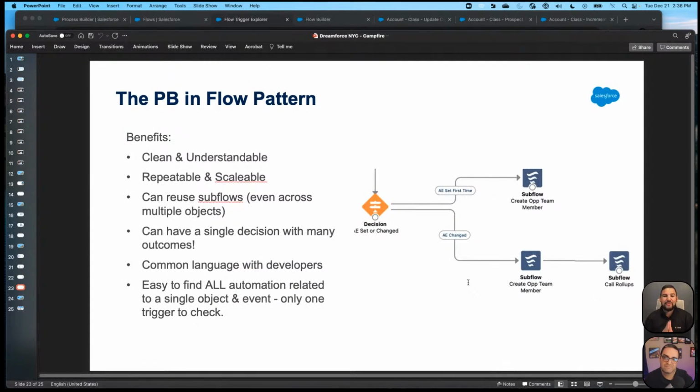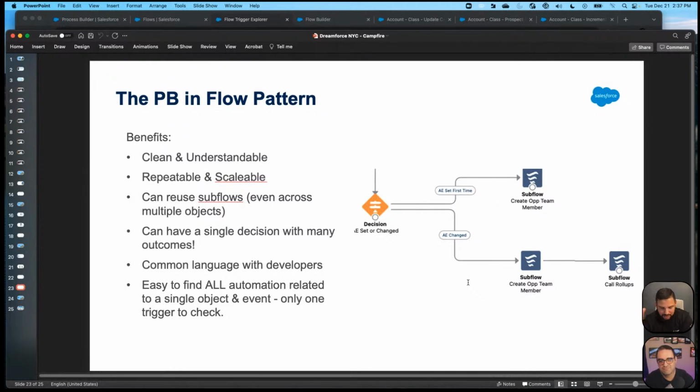Ask yourself how many times you have repeated a decision node only because one criteria item was different and you needed to point to different actions, and how long that made your process. Now you can, inside of a single decision, put in 5 different sets of criteria and call 5 different actions if you want to. So this is going to take that same pattern, remove some of the pain that we've experienced with Process Builder, and allow us to work a little bit faster.